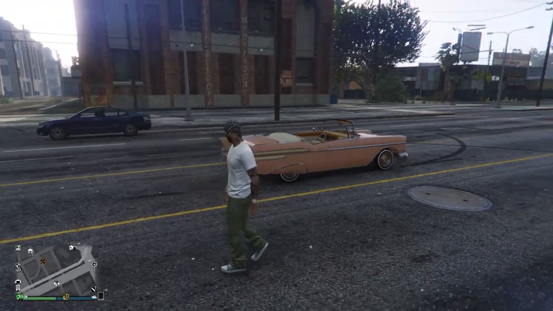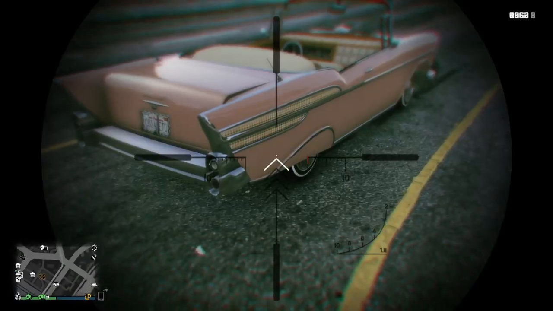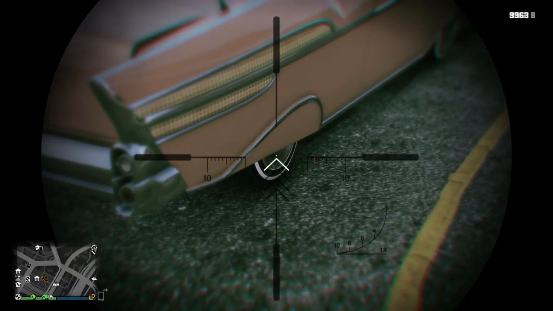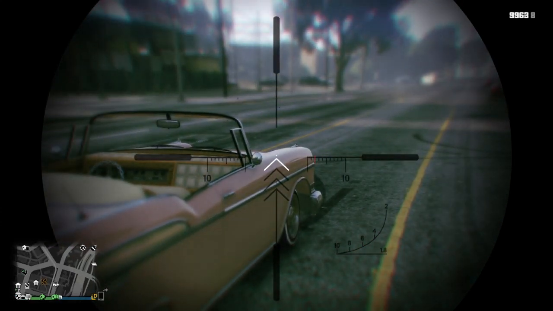Now, what we're going to do, if you want to lift it on the driver's side, which is what I want to do, all right? I'm going to pull out my sniper right here, and we're just going to stance this back wheel. Make sure you don't have bulletproofs. With this tuners update, you can take your bulletproofs off and do your thing. Now, if you want to do the three-wheel,